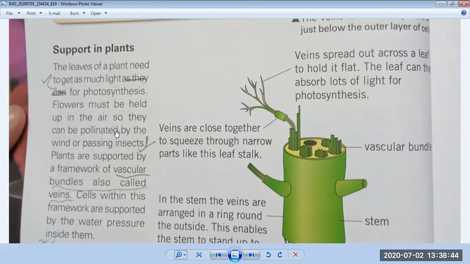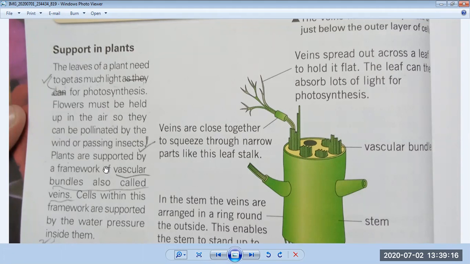So here is an example of wind pollination. Wind pollination can be of two types. Sometimes the pollen, due to heavy wind, falls on the same stigma, and sometimes it moves and falls on the stigma of another flower. Or passing insects: we all know that butterflies like to sit on flowers to get nectar. When they sit there, the pollen attaches to their body, and when they sit on the stigma of another flower, the pollen is transferred to that plant.